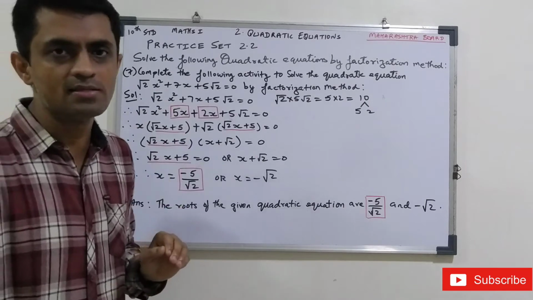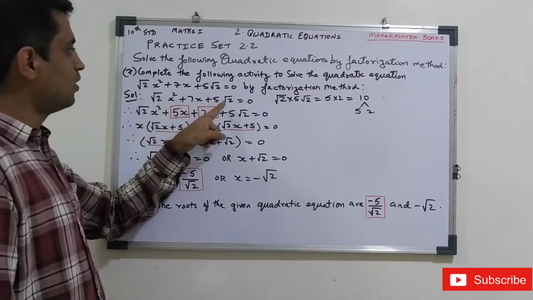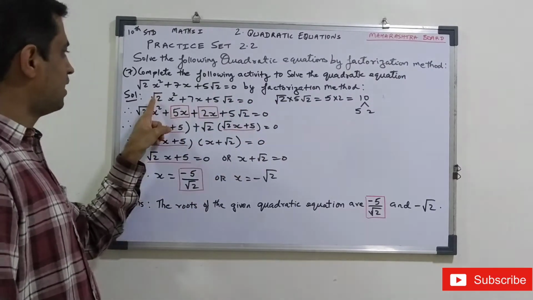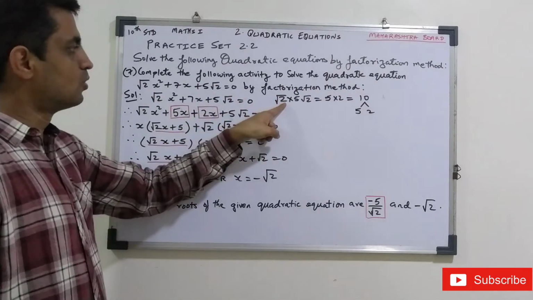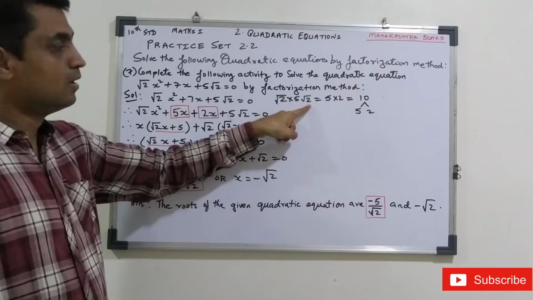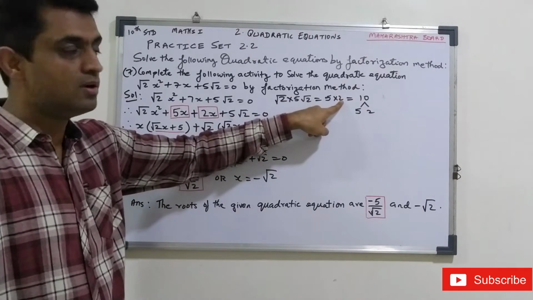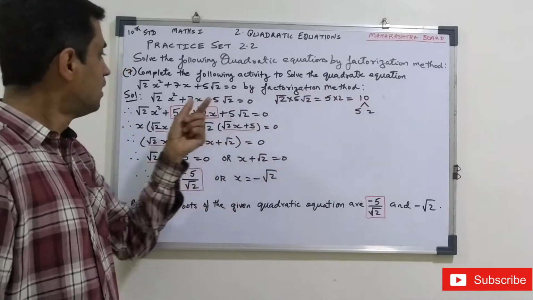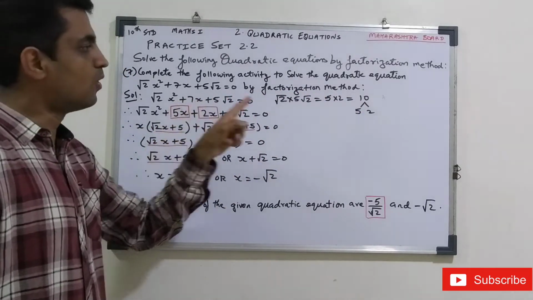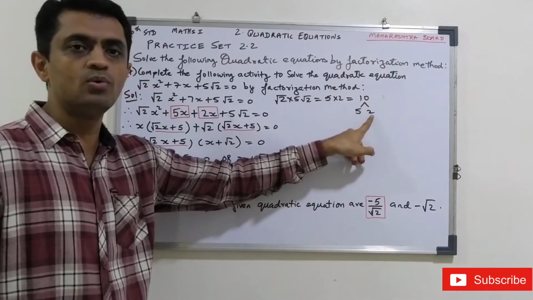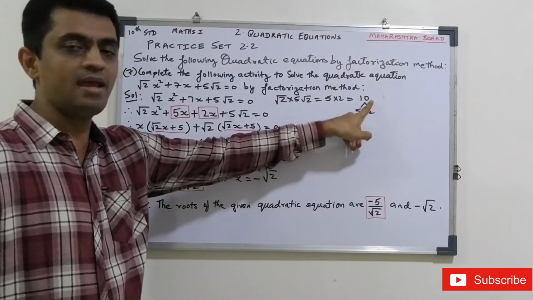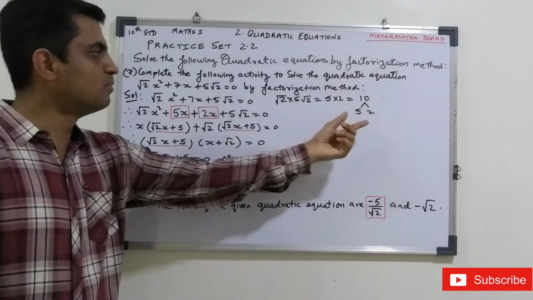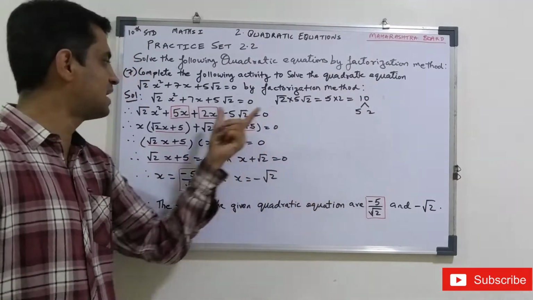Now how to solve this? Let us see. We are multiplying these extreme parts: root 2 into 5 root 2. Root 2 into root 2 is 2, and here it is 5, so 5 twos are 10. Now we want 7. So what are the factors? 5 and 2, because 5 twos are 10 and 5 plus 2 is 7. So these are the most favorable factors which satisfy this.